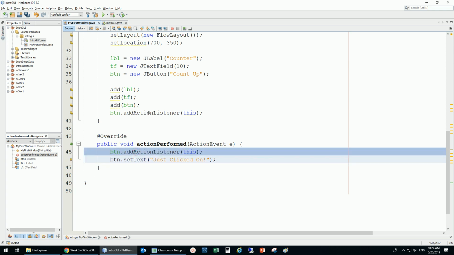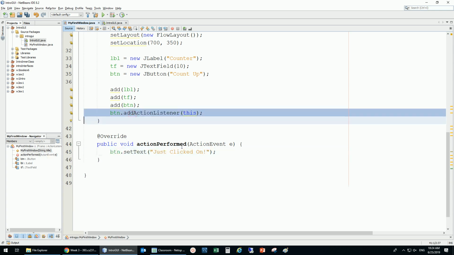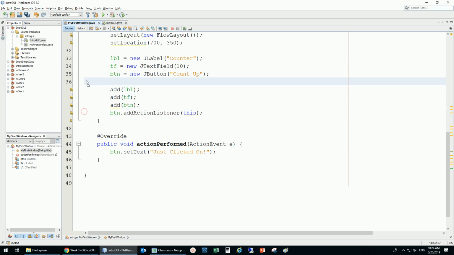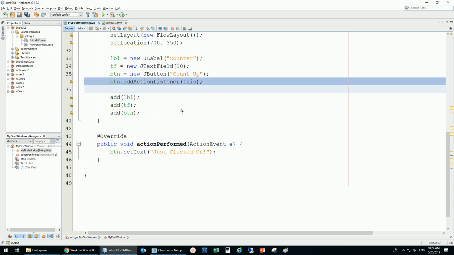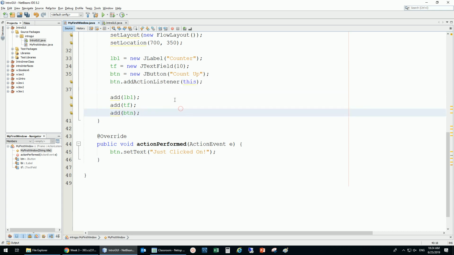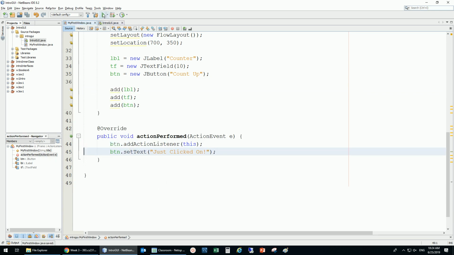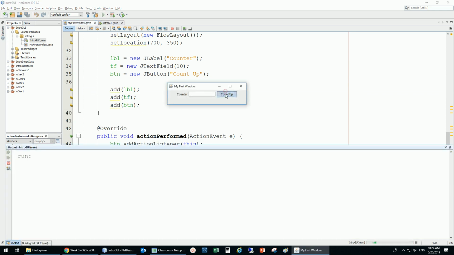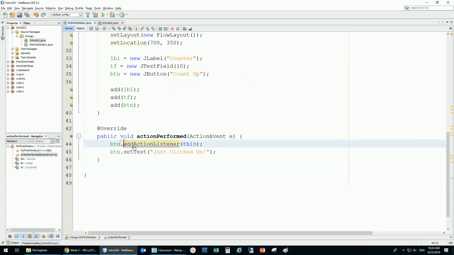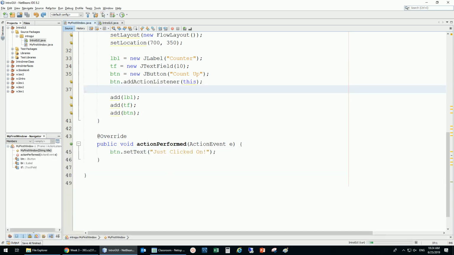But the question, if you put it there, that's fine. Can I put it here? Yes, you can. But it's better when you initialize something, just initialize it in one place so you know what you're doing with that object. It's much more organized. But if you put it down, it's not going to work. To test it, I'm just going to put it here, save, run, and now count doesn't change anything. But if I put it back where it was, run,